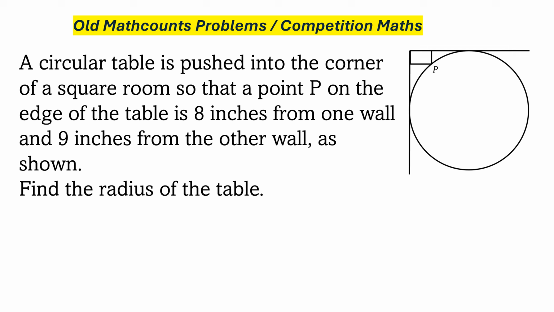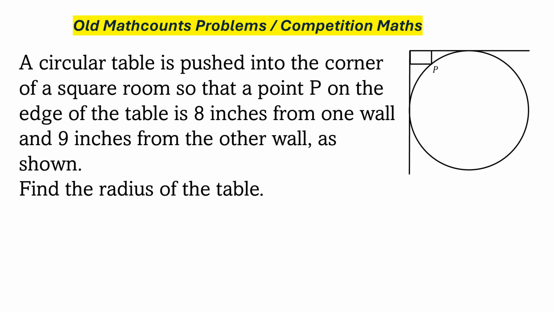So everybody, in this question, a circular table is pushed into the corner of a square room so that a point P on the edge of the table is 8 inches from one wall and 9 inches from the other wall as shown, and we need to find the radius of the table. So to do that, the first thing I would do is,